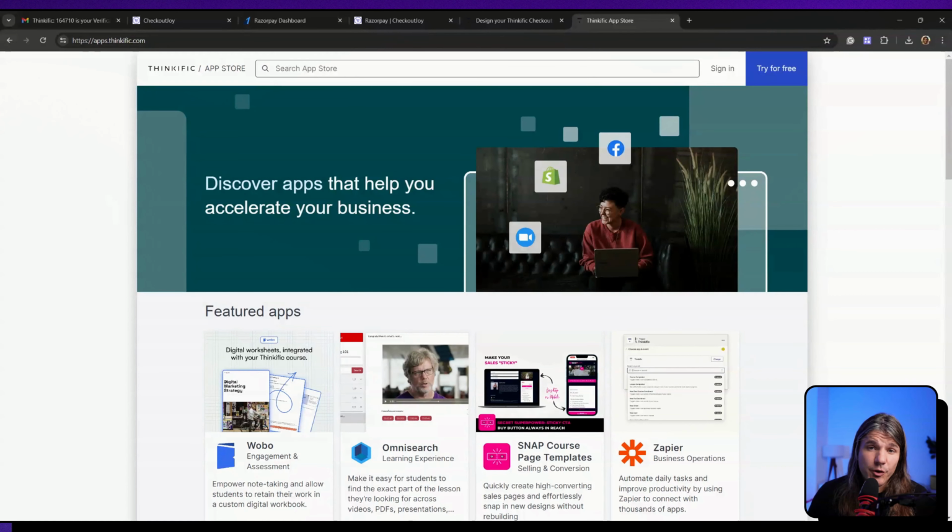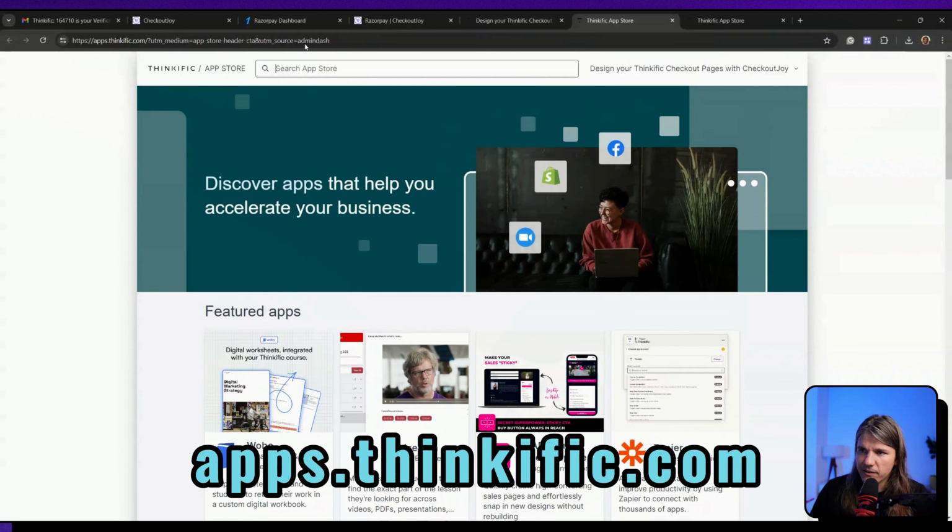So connecting CheckoutJoy to Thinkific is pretty easy because CheckoutJoy has an app on the Thinkific App Store. So all you need to do from your Thinkific account is install the CheckoutJoy app from the App Store, and the integration is configured. So let's have a look at how to install the app from the App Store. I'm here at apps.thinkific.com. You can search for CheckoutJoy